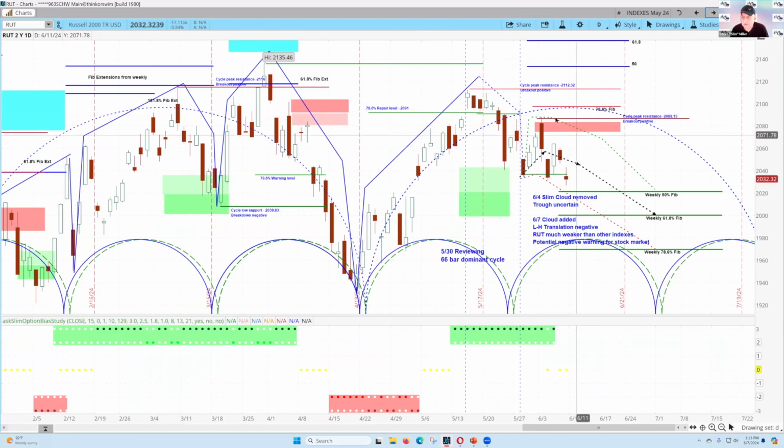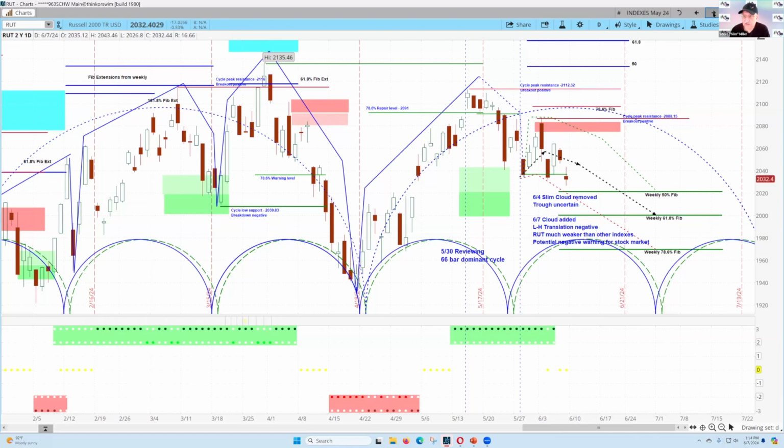Now, this is the last high of this cycle right over here at 2088.15. If it got above there, actually there's a 78.6 I don't have in here, that would be the warning to me that this is really extended to the right side and the buyers are coming back in and breadth is expanding. That to me is a low probability. So we had a bullish cloud in here before. On 6.4 it was removed because of the breakdown we were seeing. On 6.7, which is today, we added the negative cloud in here, which points to the downside. So this is that warning.